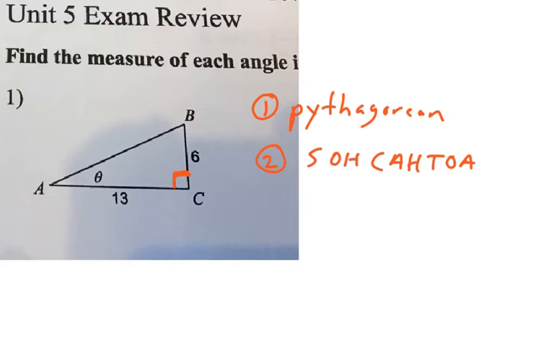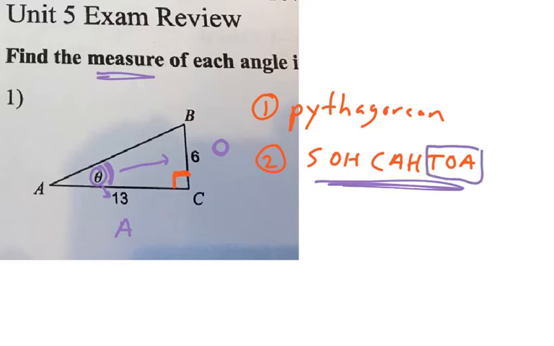So let's get started. Notice they're asking us to find the measure of this angle, theta. That's what that little symbol is there, theta. And notice that across from it is a 6. That's what we refer to as the opposite side, big O for opposite. And notice the 13 right here next to it is adjacent, big A for adjacent. So according to SOHCAHTOA over here, we should know tangent is opposite over adjacent, right? So we're simply going to set it up as: I know that the tangent of theta equals the opposite over